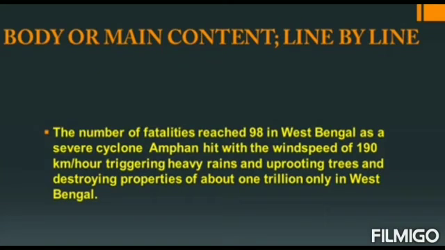Who means the victims, the number of the victims, when, where, what happened. A severe cyclone with a wind speed of 190 km per hour, triggering heavy rains, and where, in West Bengal. So who was the victim, when it occurred, what occurred, and where it occurred. If you combine all these things, you will make the introductory paragraph of the report. Okay,